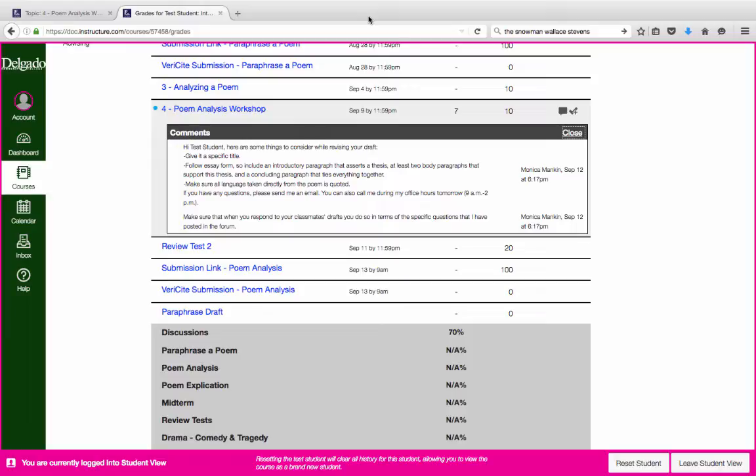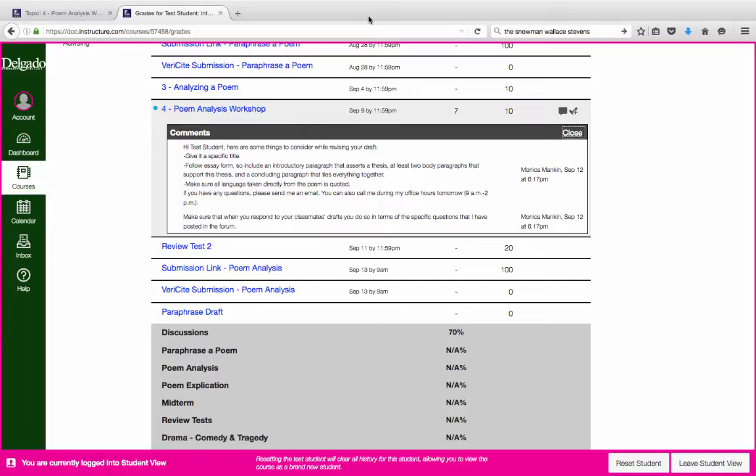So if you're writing about imagery, let's say you're writing about imagery in Mock Orange, you might have one paragraph that focuses on the images of the flower itself, and then another paragraph that focuses on the images of the male body. And then through a comparison of that imagery, you could have a conclusion that explains what is the significance of these images when we look at them together.